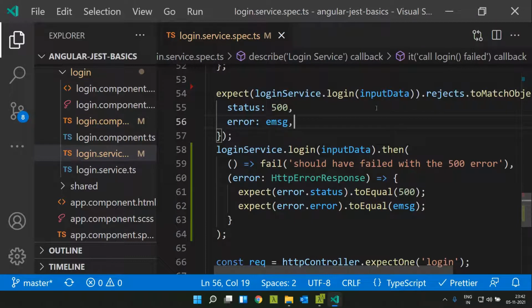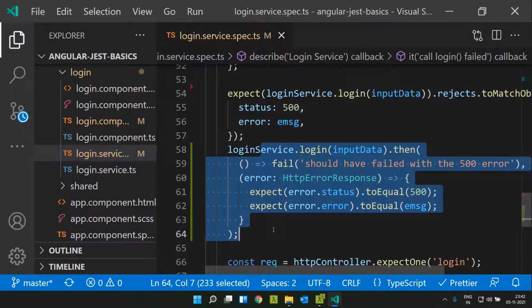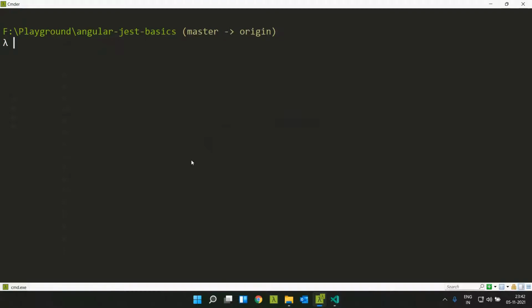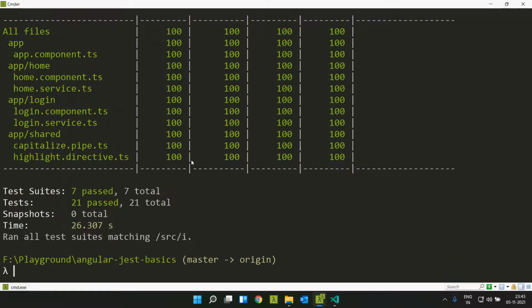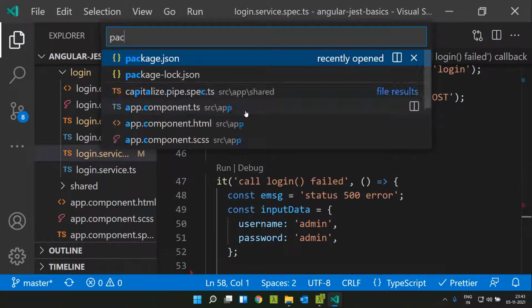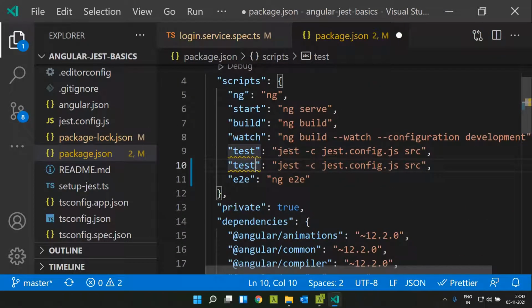So this is the shorthand way in which we can implement the same functionality. And one thing to note is that in case I run this, so let's run that. Now you saw that each time we make a change, we need to manually rerun Jest. To avoid that, we can do one thing. Inside our package.json, we can add a new step called test:watch. There is a watch mode for Jest, and for activating that, you can just pass the option --watch.